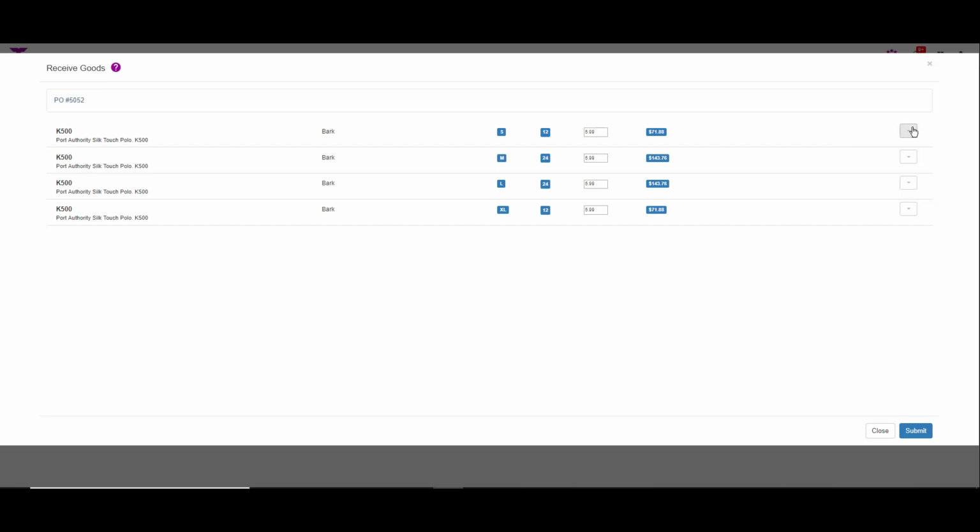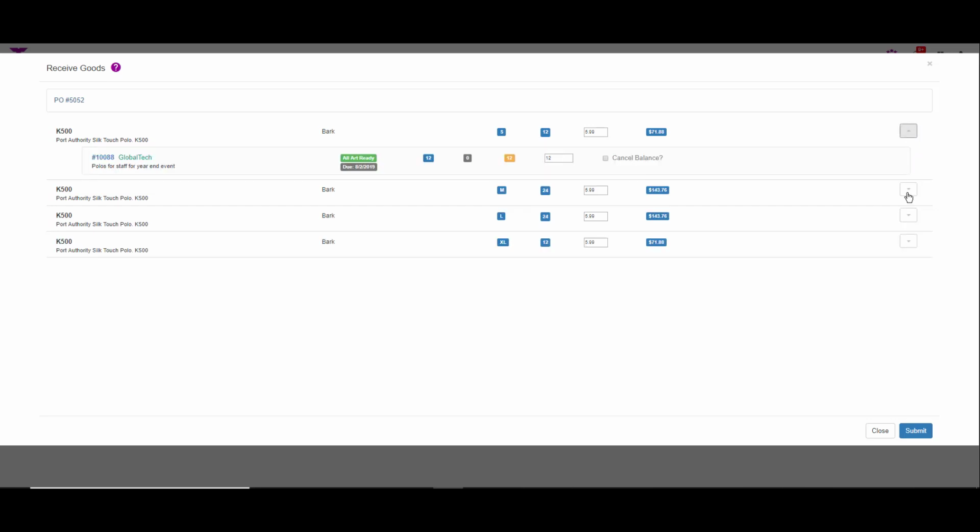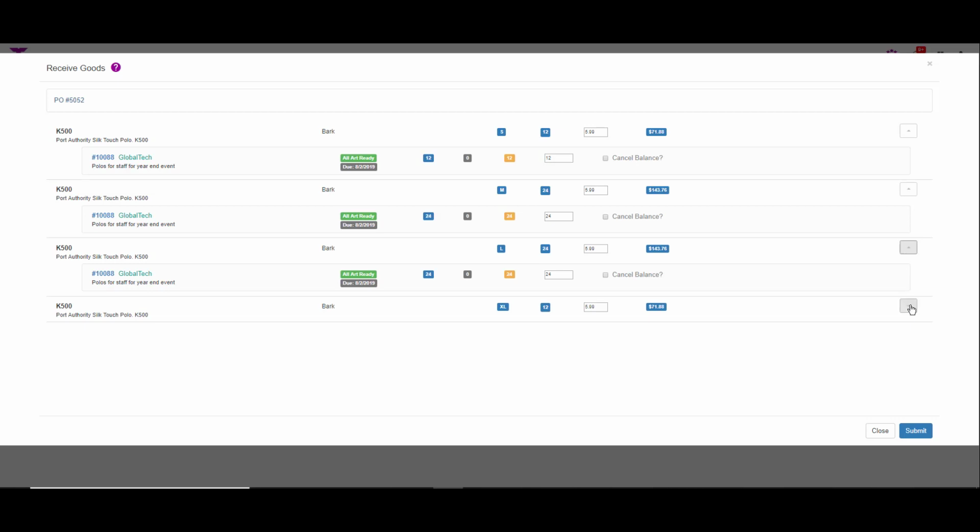Teesom automatically wants to receive all the goods. So if I expand the view, it's automatically wanting to receive the 24 pieces, 24 pieces here, 12 pieces here. If I was short shipped for any reason, perhaps on the extra large sizes, I would then just change this